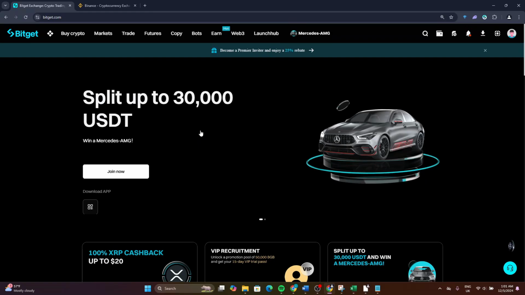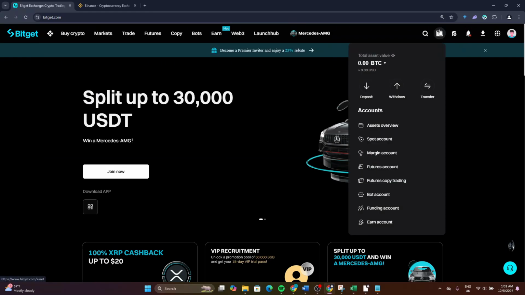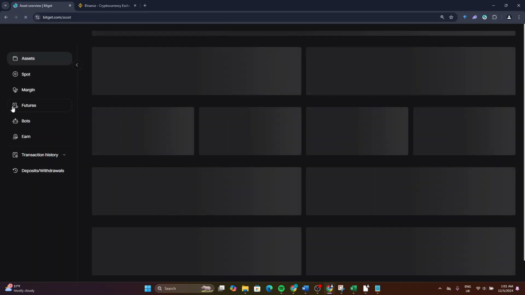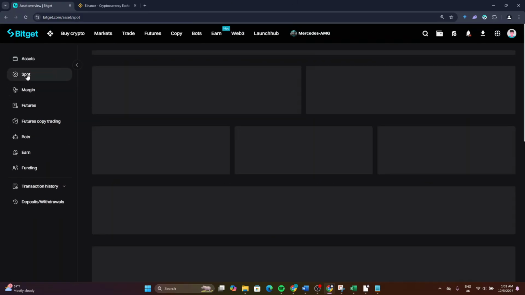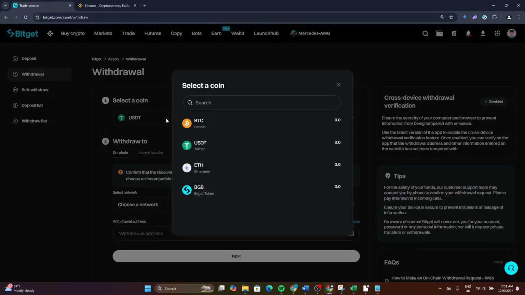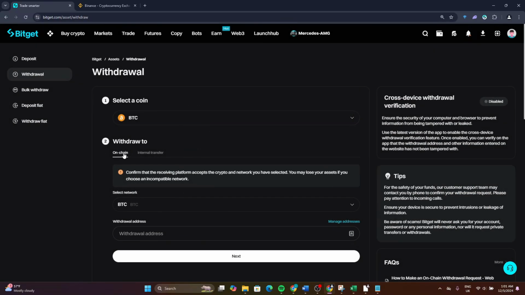Now, after you make sure to log into your Bitget account, head over to the wallet icon, and after that, click on Asset Overview. Then, from the sidebar, click on Spot. Now go and click on Withdrawal. After that, select BTC here. Now make sure you select on-chain and, for the network, select